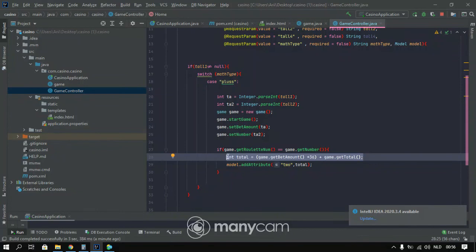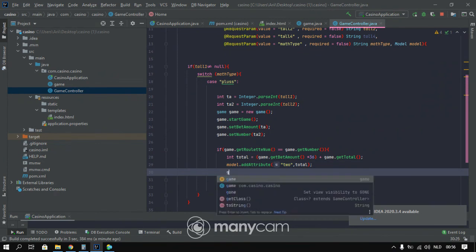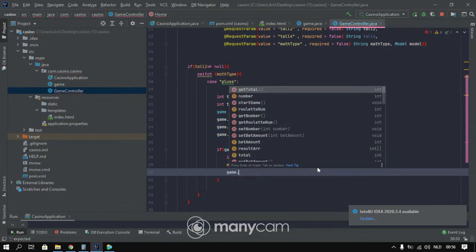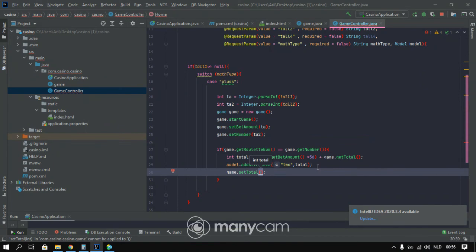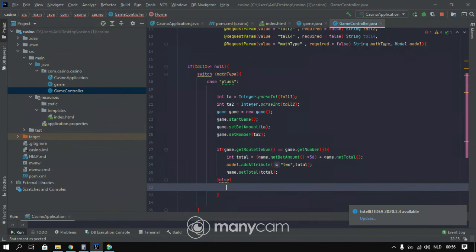And now let's continue. Okay, and here after that show me game dot set total, and set it again with new variable the total, and here give me else statement. Else here I'm saying if that's not happened,